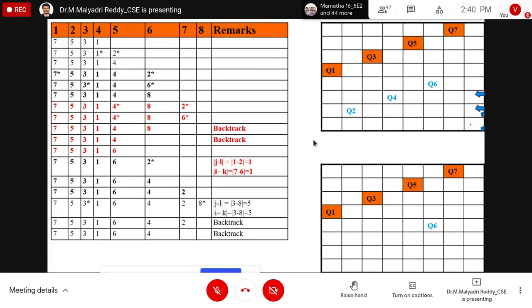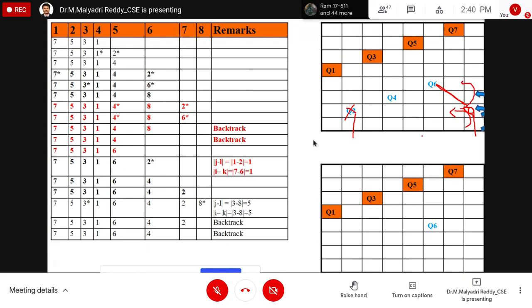Remove the Q8. We moved from the 8th tuple to the 7th. Check whether there are any possibilities in the 7th. No, sir. Why? Because only this one and this one are there, right? Suppose I place Q8 here, again we will get the diagonal conflict. So it is not feasible. Apply the backtrack, right? That means go to the previous position.